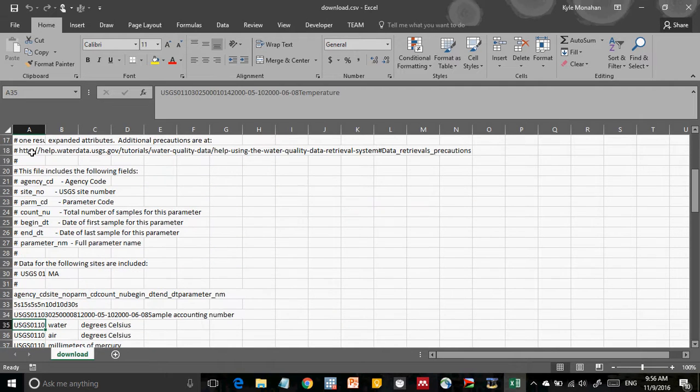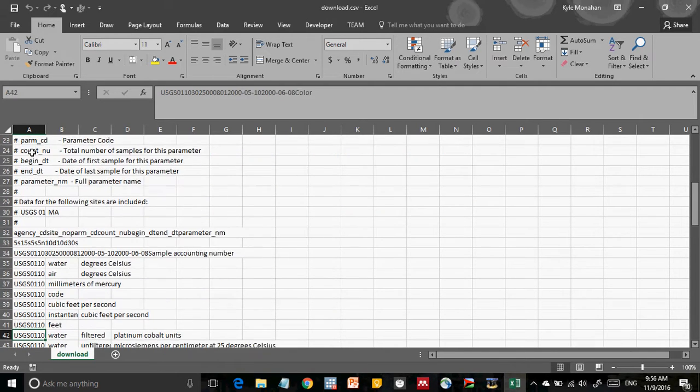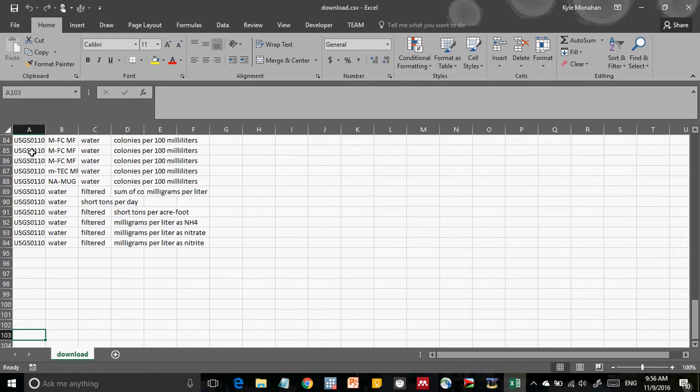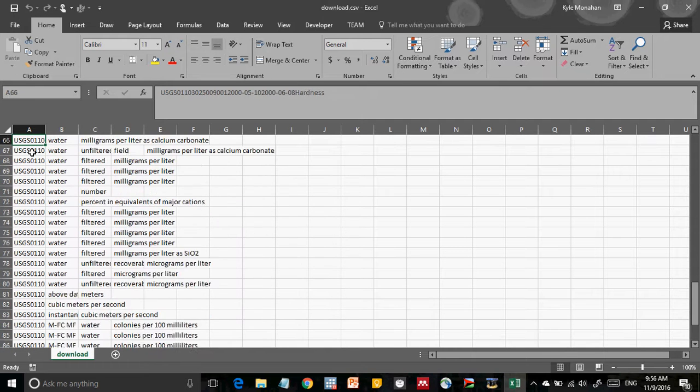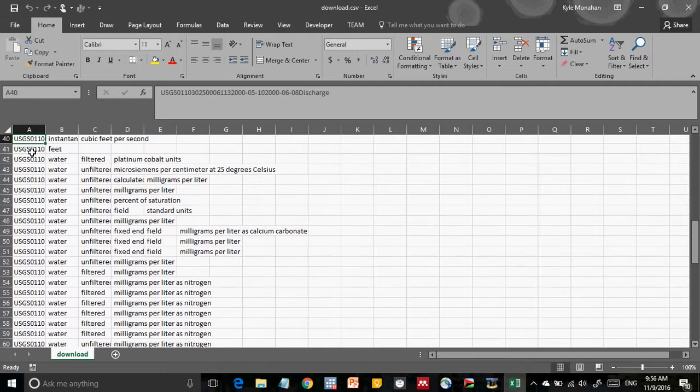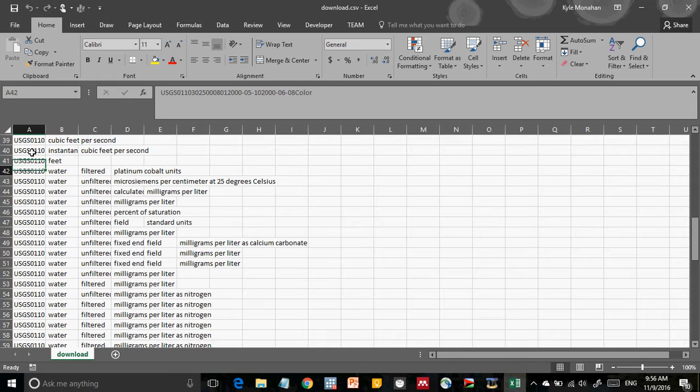So there's a lot of metadata here, which is great. And this is all of the information that I could get. So this is the inventory of data. So now what I know is, all right, if I want to look at the color of the water in platinum cobalt units, I want to look at this column in the data set. And so now I can understand, all right, what data is available for the site and how can I access